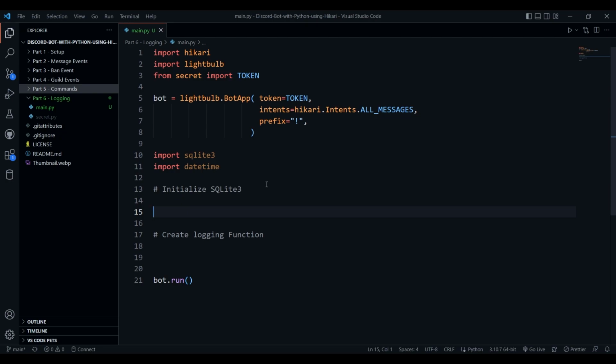So now, what is the first step that we need to do? First of all, we need to initialize SQLite3. So how do we do that? First of all, we need to ensure that a database is created and we are connected to that database. And then we need to create a table in that database to put all of our records in it. So let's begin with creating a database and connecting to it. So I'll be using try and except blocks for all of this so that my bot doesn't break in case anything goes wrong. So let's write try